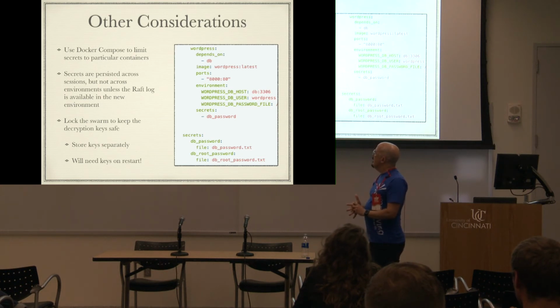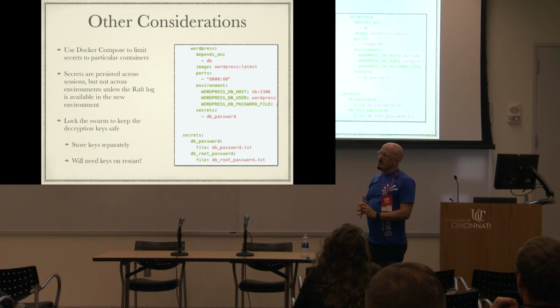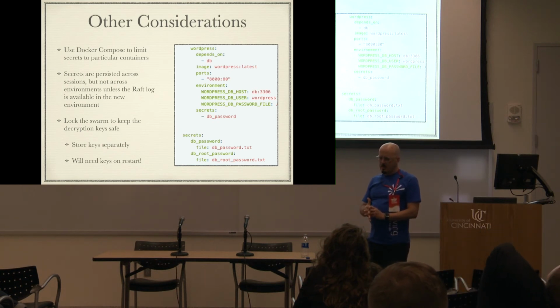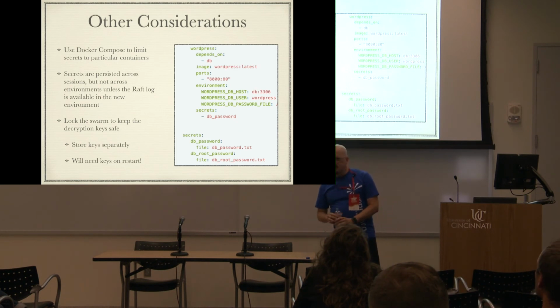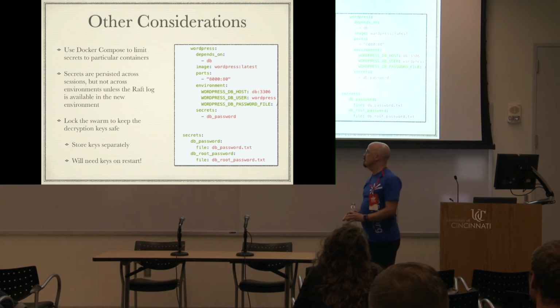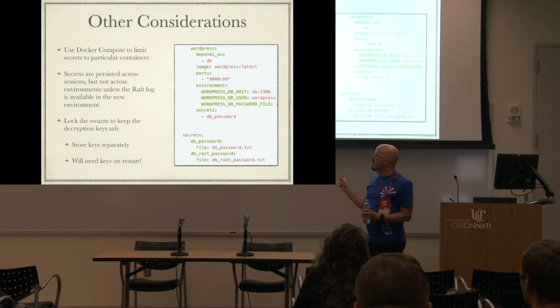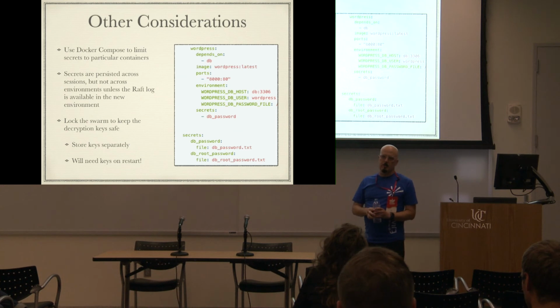And you can lock the swarm, but there are serious downsides to doing that. I think the usability aspects of locking it cost too much. Personally, I think they should come up with a simpler solution for this. But once you create a swarm, you can lock it and then you need to keep those keys in a separate location because you're going to need them to restart the swarm. That's another way of adding an extra layer of security on top of your secrets.